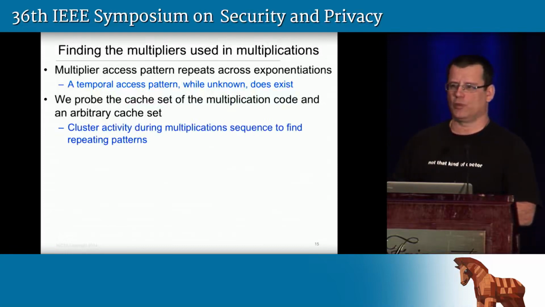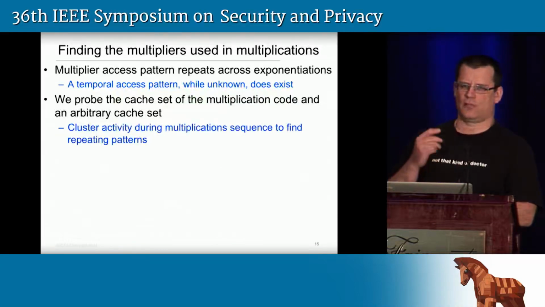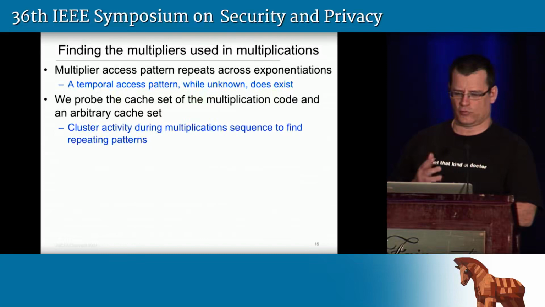So that's exactly what we do. We collect long traces that tell us both for the multiplication line and some arbitrary cache sets. We want the multiplication set to know when multiplication takes place, and then we can see when the other cache set is used during multiplication. So we collect a huge number of these